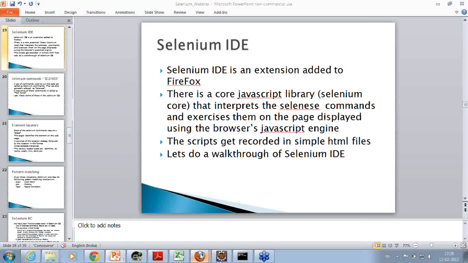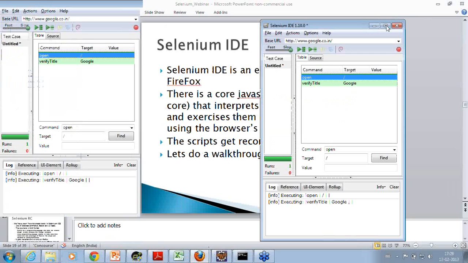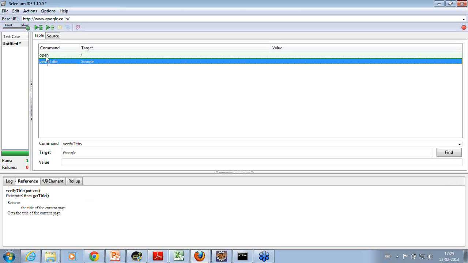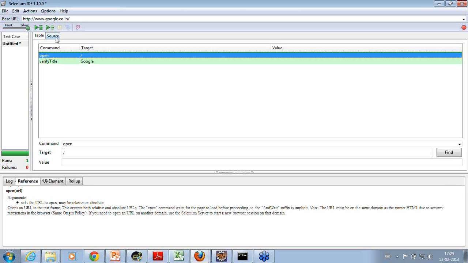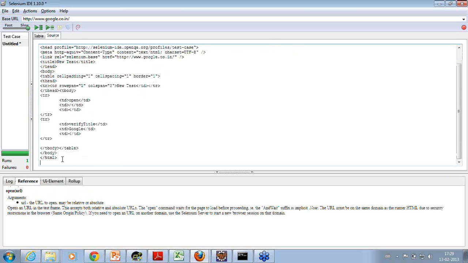So let's do a walkthrough of this IDE. Here was a simple script which says open google.co.in and verify the title. Now if you go to the source, it is in HTML format, where each row represents a step. For example, open, and then the verify.